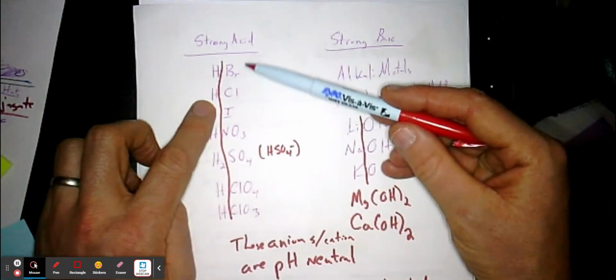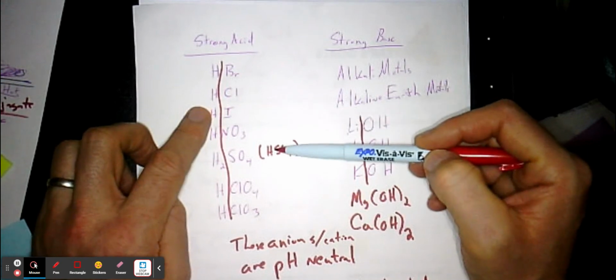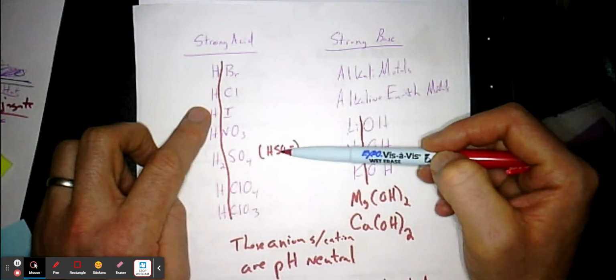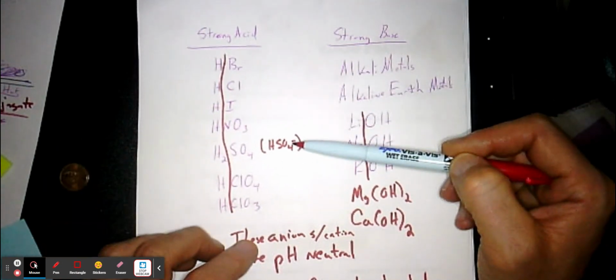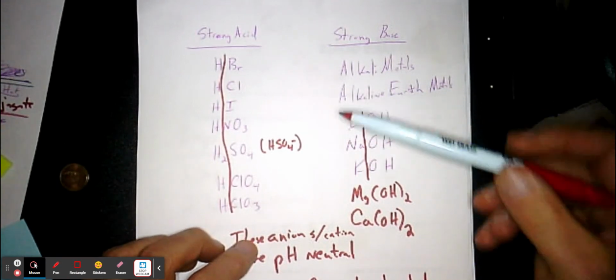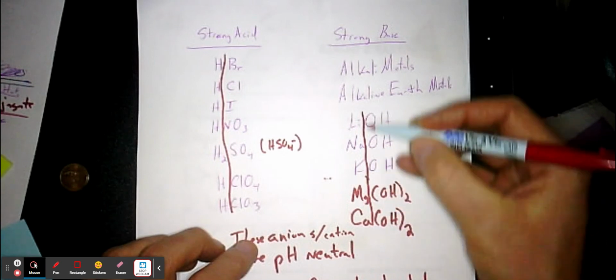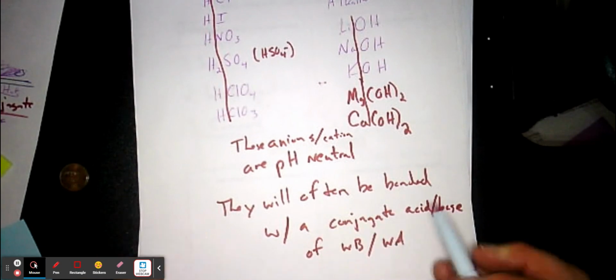So, just to reiterate, your strong acid anions, these, are pH neutral. These anions are all neutral. They don't affect pH. I'm talking about the sulfate ion, or bisulfate, hydrogen sulfate. These cations are also pH neutral, and they don't affect pH. Then what that means is you're going to see them often bonded in a salt,